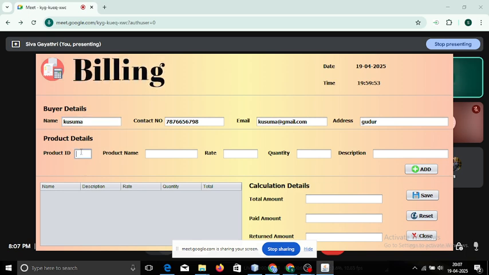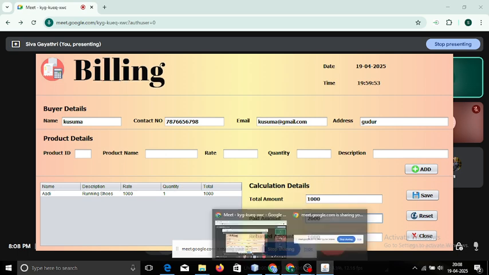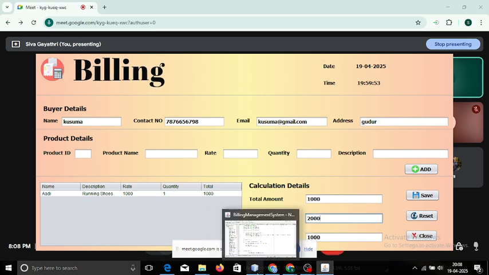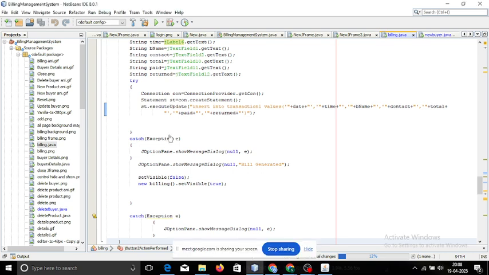In the similar way, the product ID also: if you give one and click enter, you get all these things. And if you click add, you are getting the total amount, right? If you give some paid amount and click enter, you have to get the returned amount. These three things, how I'm generating them, we'll see that. That is the thing that we have. This is the last thing that we're having. Okay. So for that,